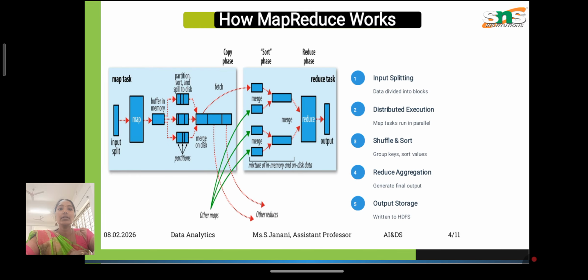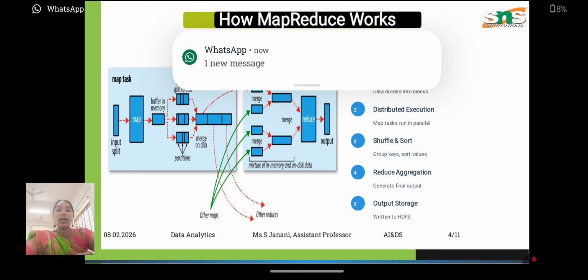So here is how MapReduce works. The stages are input splitting, distributed execution, shuffle and sort, reduce aggregation, and output storage. Output storage is handled by the Hadoop distributed file system. Next, in reduce aggregation, we generate the final output. Distributed execution makes